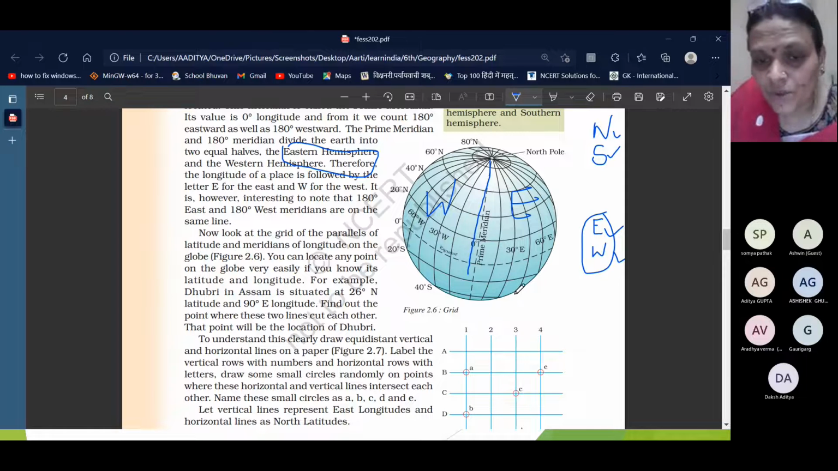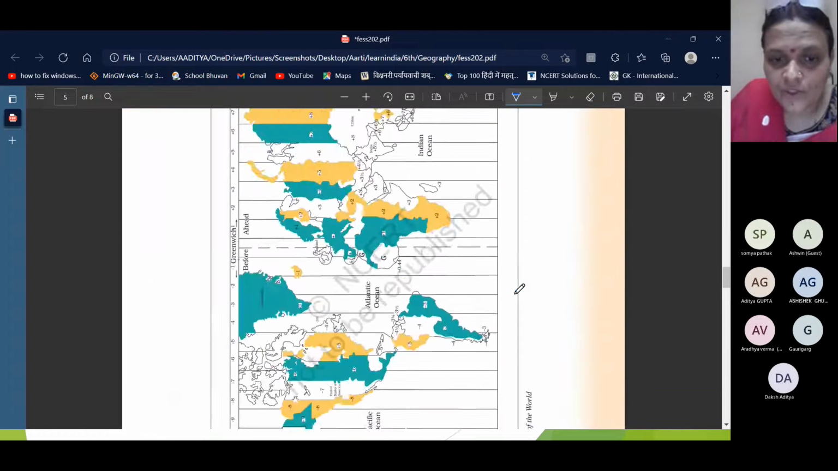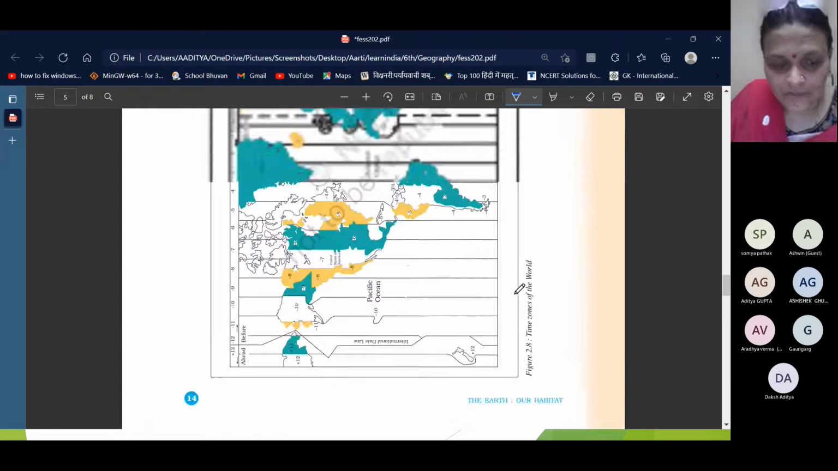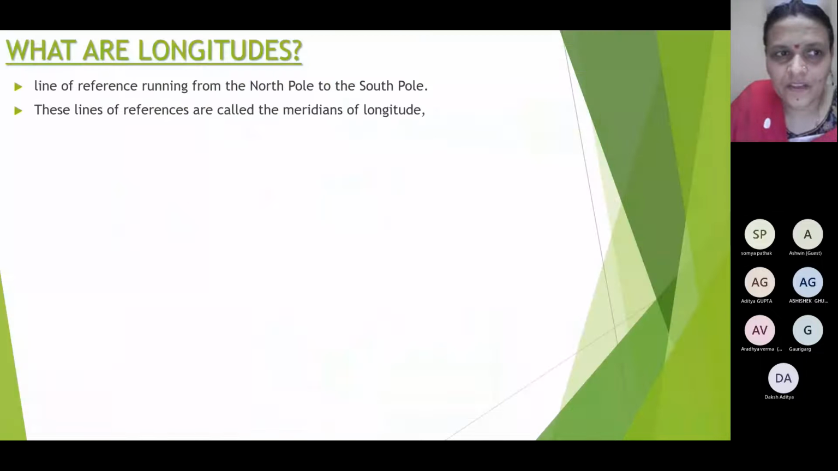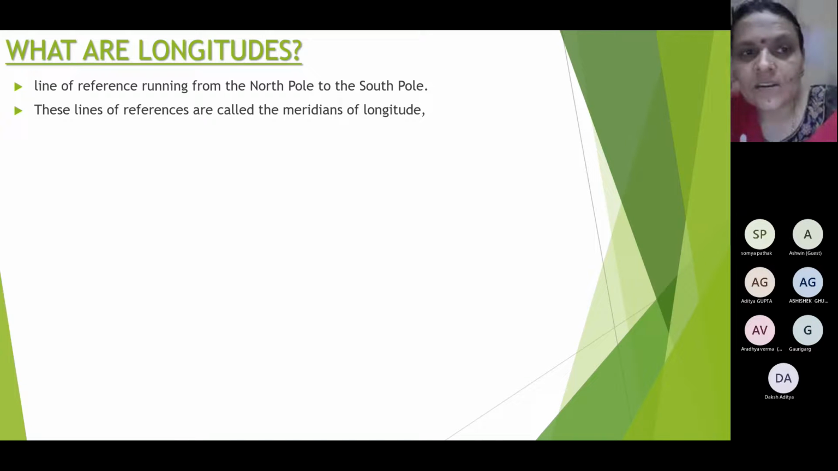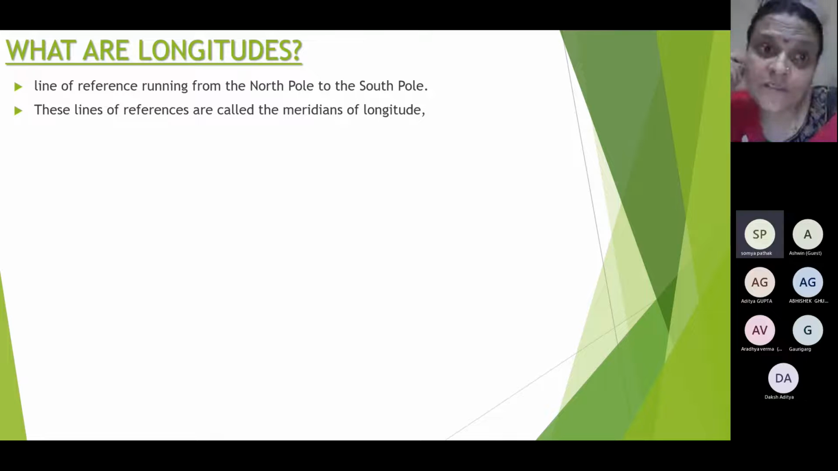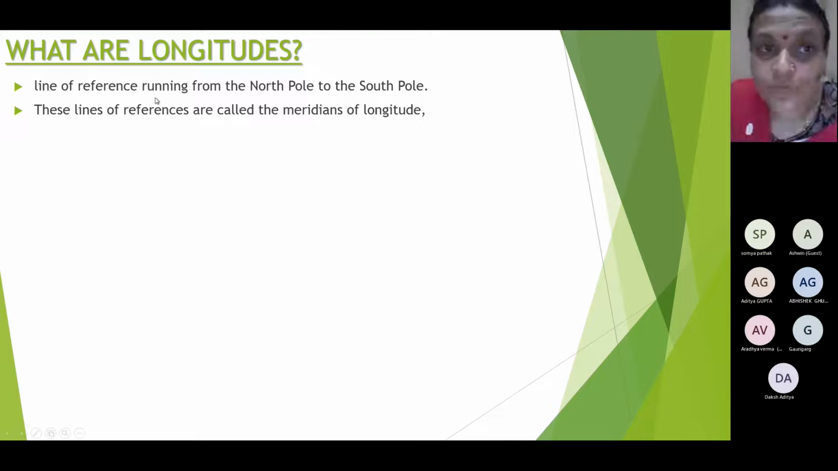So how many longitudes are there? Do you know? Let me show you. See, the lines of reference running from the North Pole to the South Pole are longitudes. These lines of reference are called meridians of longitude. And what are latitudes called? Parallels. Latitudes are called parallels, parallels of latitude. But longitudes are called meridians of